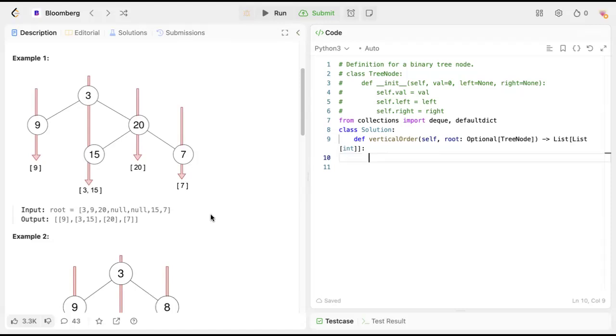So for example, in Python, we're gonna use a defaultdict of lists. So the key of the defaultdict would be the x value, and the value of the defaultdict would be a list of all the node values in that column. So for example, we're gonna have something that looks like